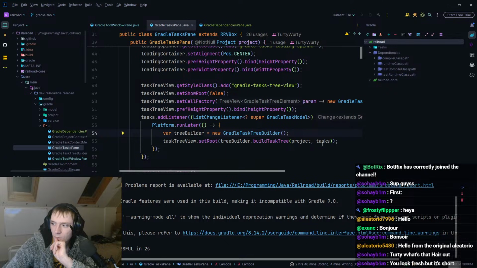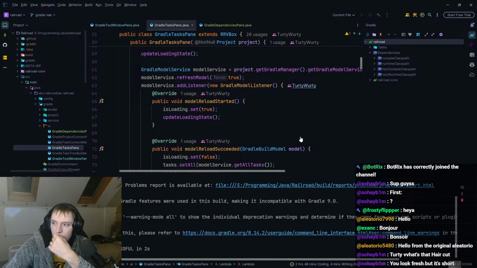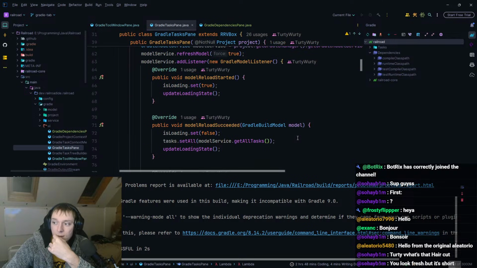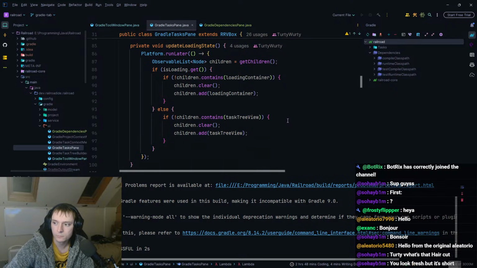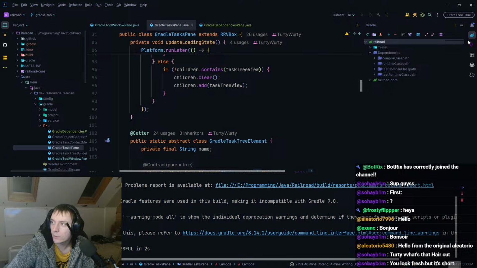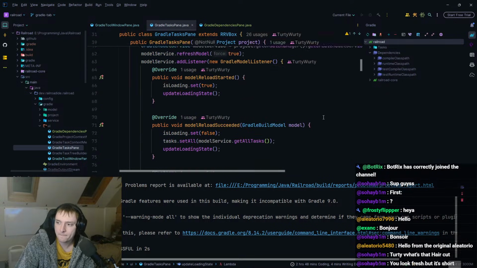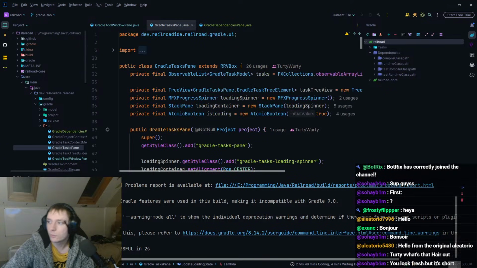Maybe we have a list of some generic type, like a list of T. And then the tree builder has to accept T rather than currently accepting tasks. I think that would actually be the best way to do this, because then we don't have any duplicate code at all. And it means that if we do want to add another one in the future, we can literally just do it. It'll be like 5 lines of code, right? I think we're going to do that. It's going to complicate things a little bit, but